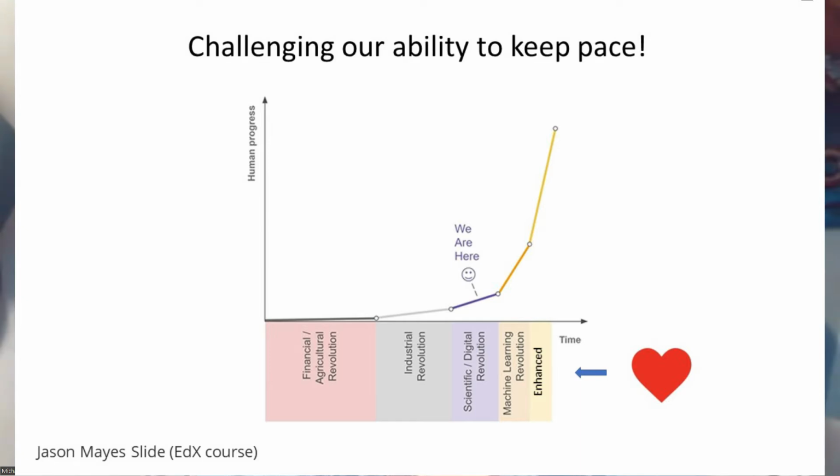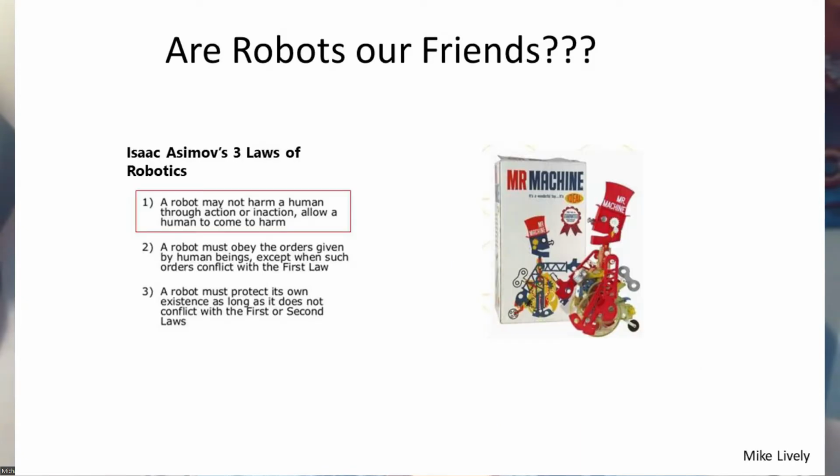Yeah. That said, when I was a boy, things were fairly simple. We had wind-up machines, and there were the 3 laws of robotics. One was a robot may not harm a human through action or inaction. The next one was similar: a robot must obey humans' orders except if it would harm a human, right? And then a robot must protect its own existence, except when it would harm a human. So robots would never harm humans.